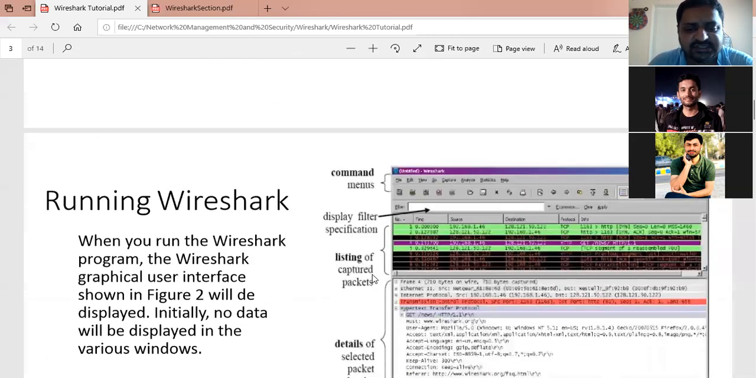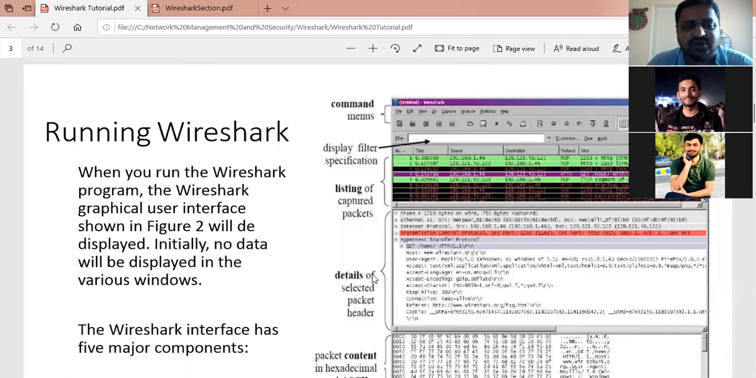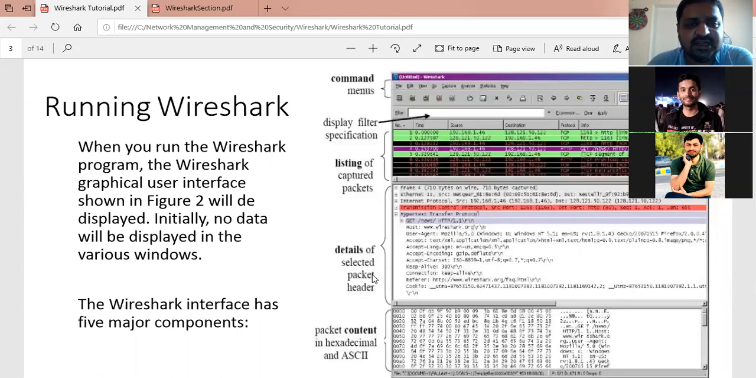So this is the interface which is used for Wireshark, and it consists of a number of different fields. Like there's a command menu here, and there's a filter field where you specify different rules. For example, if you want to look at the data with a particular address, a particular port number, or a particular message,